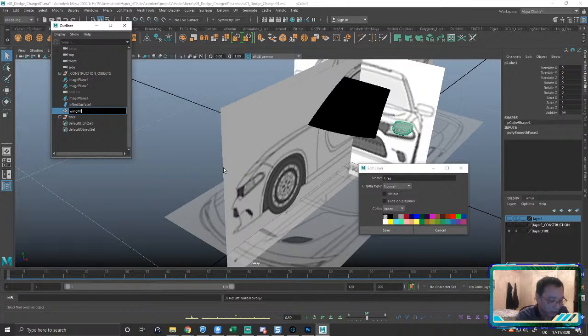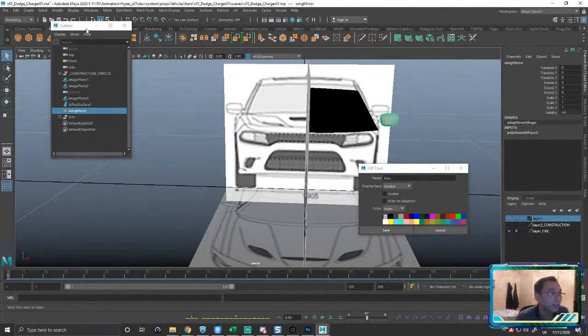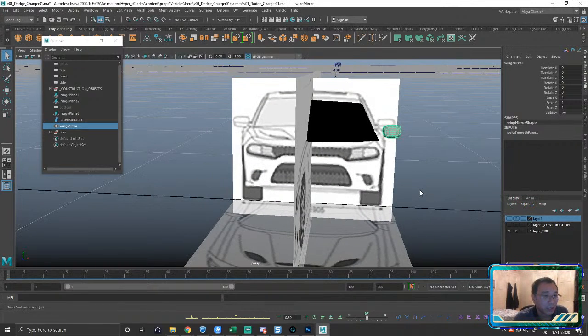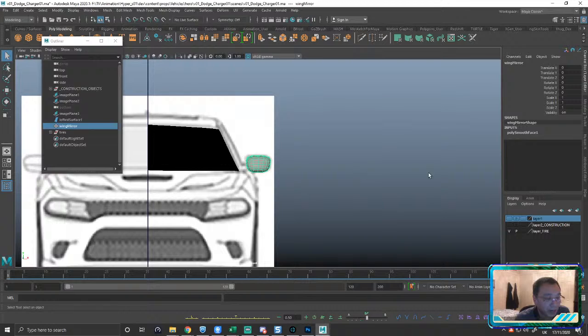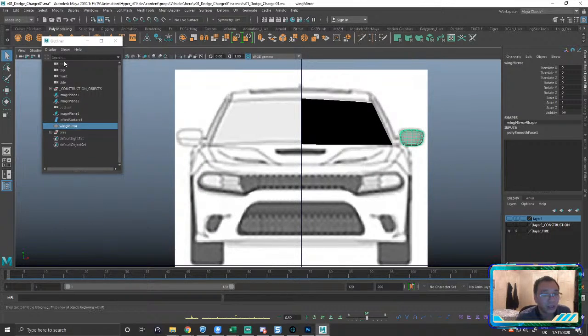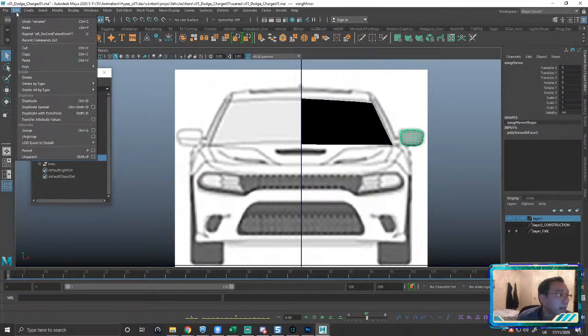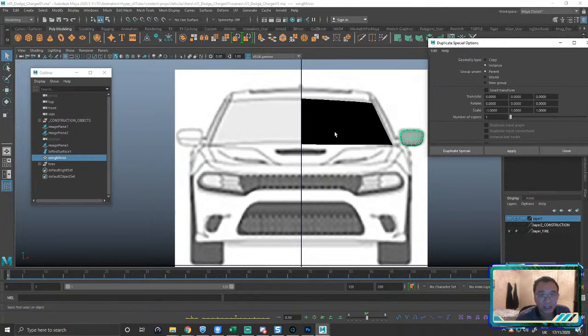And did I instance it? No. But at this point, I'll probably take this guy, go to my space bar, and go to my front view, right? And in the front view, I'm going to run a simple edit duplicate special, and I'm going to scale it -1 across the x-axis, right?